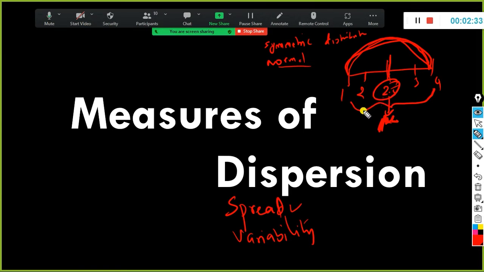So the measures of spread or the measures of dispersion give us an idea of how well the mean represents the data. So we can say that way. Let's say 1, 2, 3, 4 is the weight of the babies. Let's say in a labor ward in a hospital,